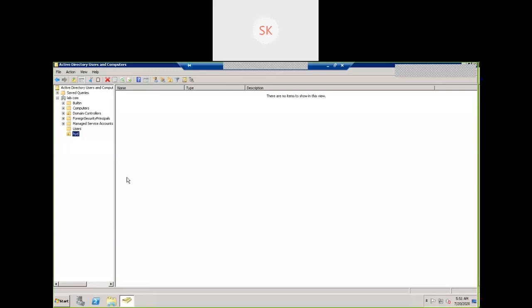Okay, what I'm going to do, I'm going to create an ATM OU. Whatever systems are part of the ATM OU, by default, I'm going to implement certain group policies. Those group policies are not going to interfere with other OUs. Okay. What is the purpose of these OUs? Organization unit is the purpose. Click on OK. The organization unit is for controlling the privileges to implement certain group policies.